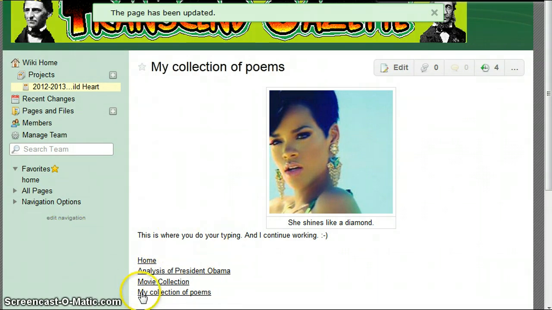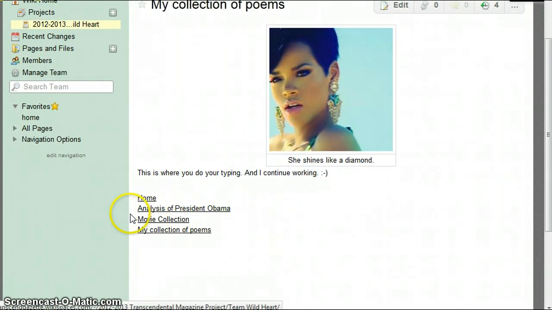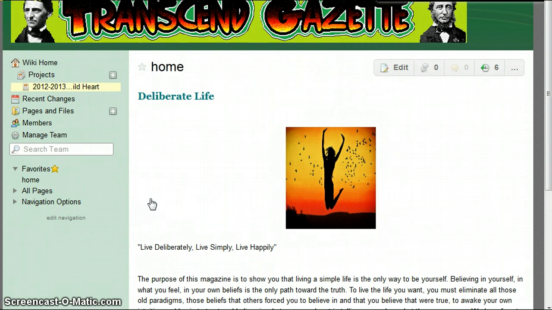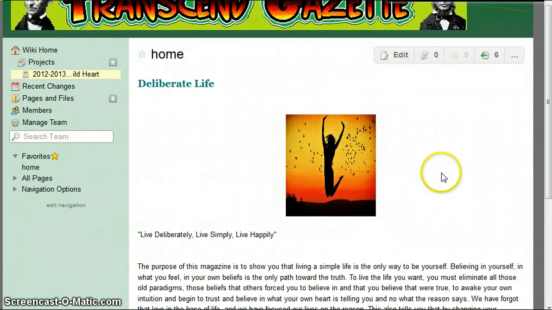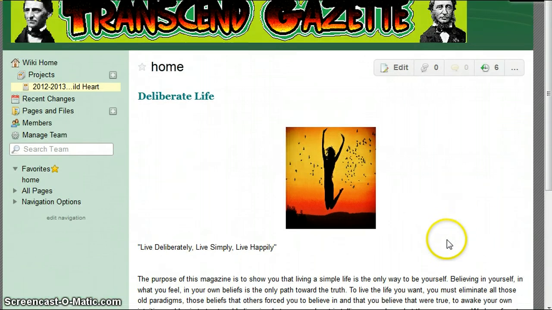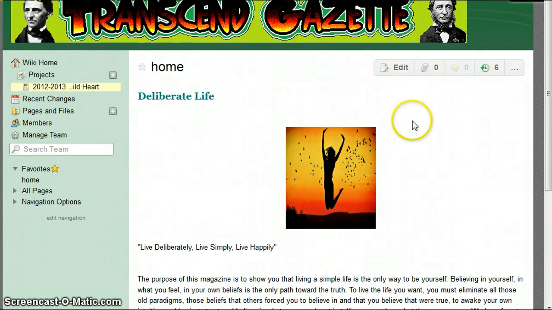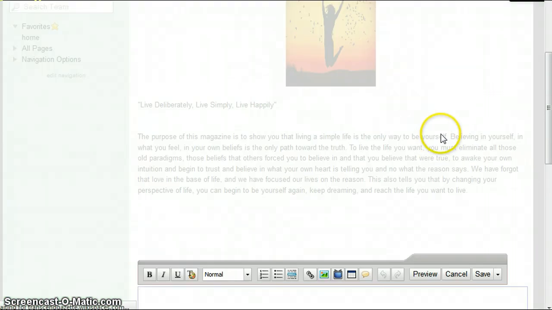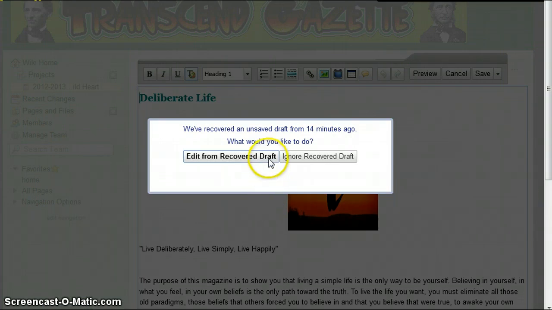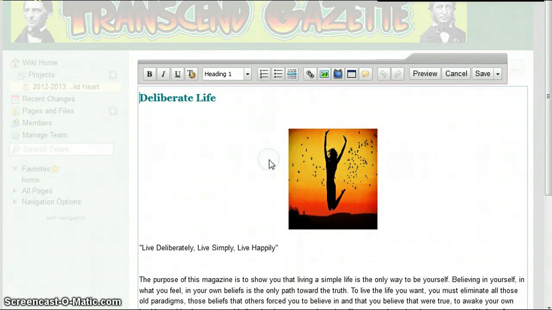And look what appears. These are all of the pages that so far have been made for my team's magazine. If I click on home page, it takes me back to the home page. Now this page does not have a table of contents. Why not? Well, because the last person that edited didn't add a widget. So I'm going to go here,